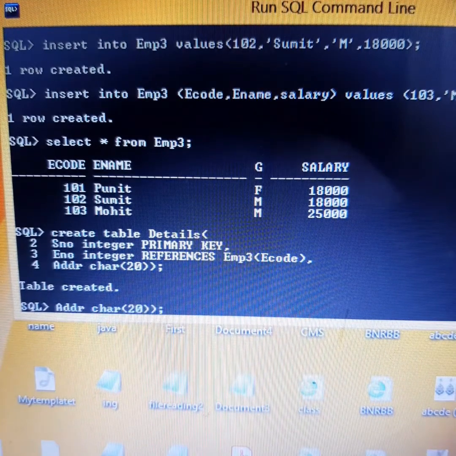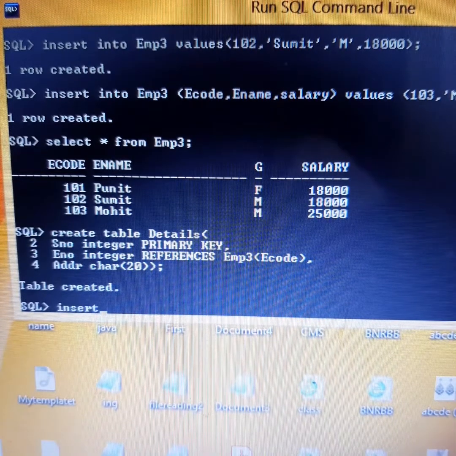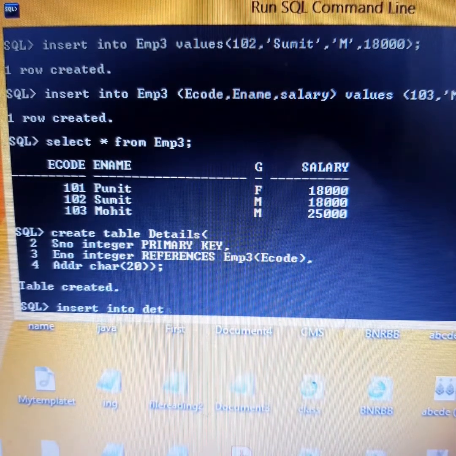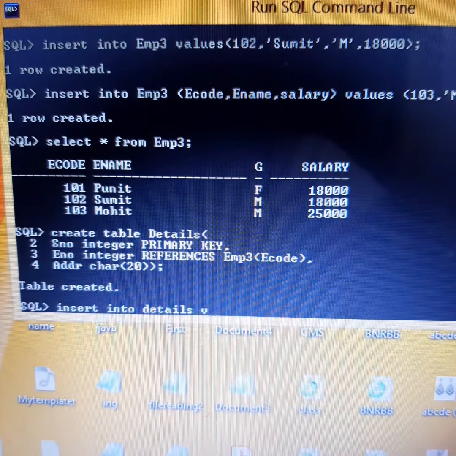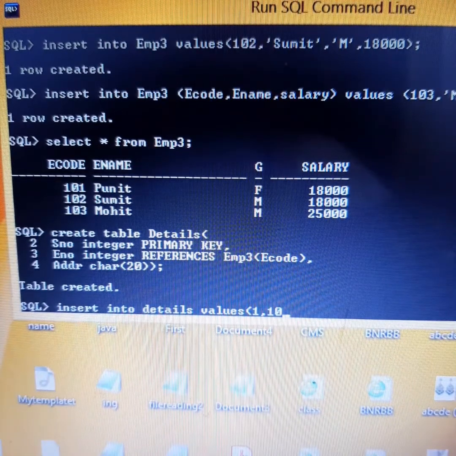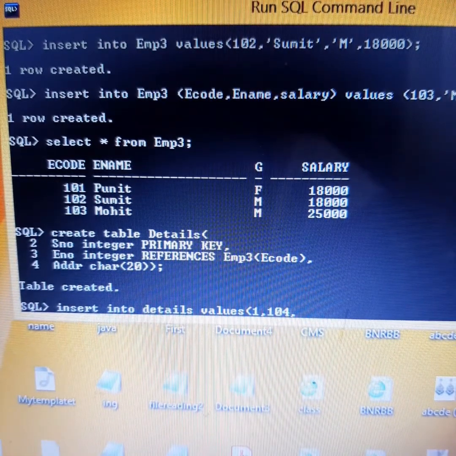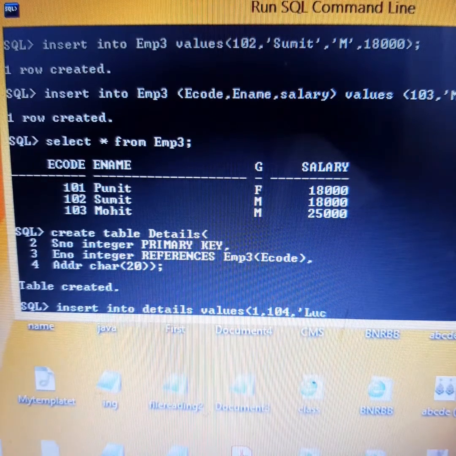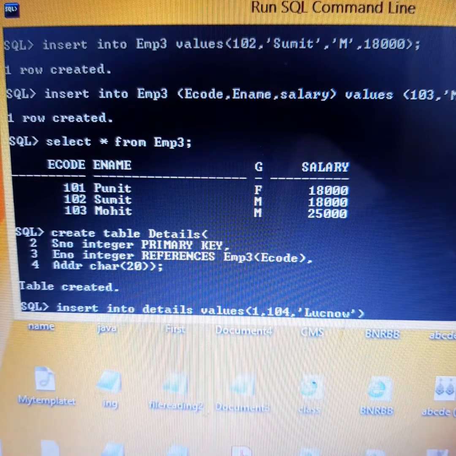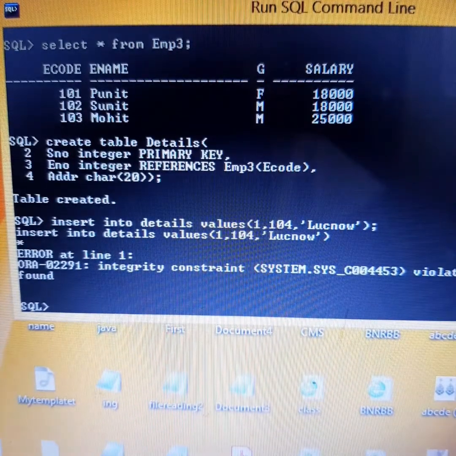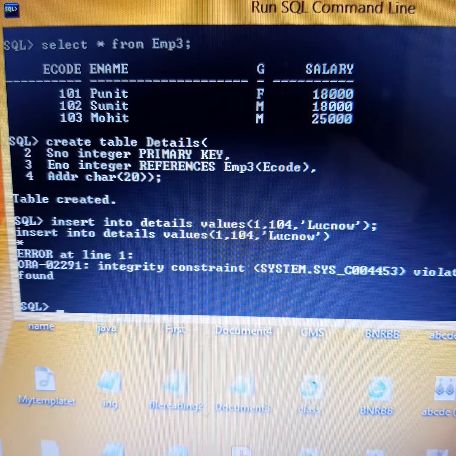Now if I am inserting something here, so it's giving an error, integrity constraint violated.